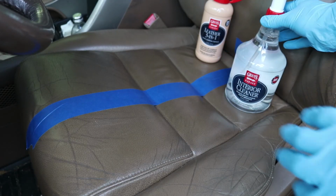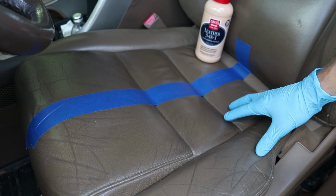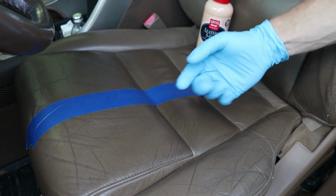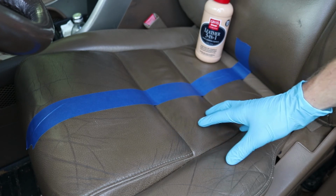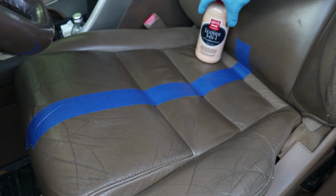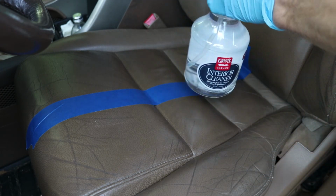Alrighty, everybody, this angle may be a little funky, so what we're going to be doing is this side we're going to be cleaning, and this side we're not going to be cleaning. Afterwards, obviously, I'll clean the seat. We'll also be doing the door panel to show you guys that it works on other stuff besides leather. But this side, as you can see, all these creases, this is all dirt from being slid in and out of. So first, we're going to take the